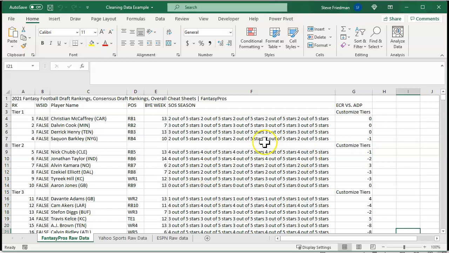So what are the problems with this? First, we've got these tiers here, and they're in the same column as the ranks. We've also got an extra row for each of the tiers, and we've got the player name and the team abbreviation in the same cell, and we would want those separated. We've also got this SOS season here, where there's just a whole bunch of repetitive text, when this should just